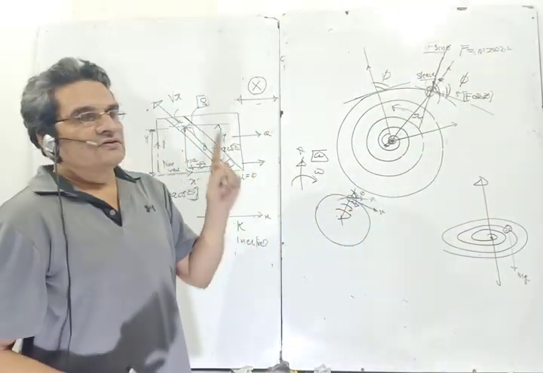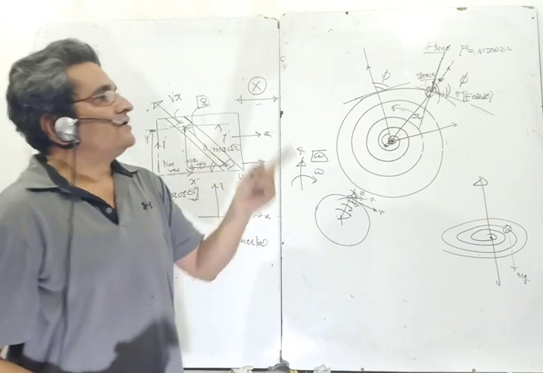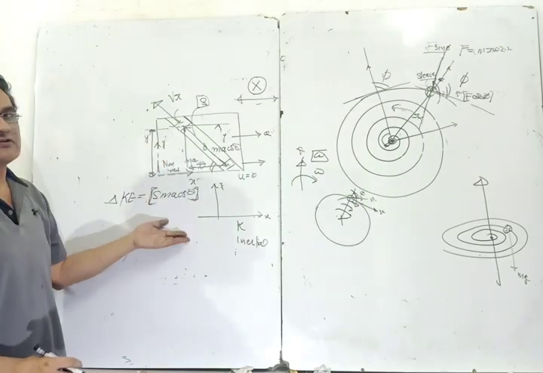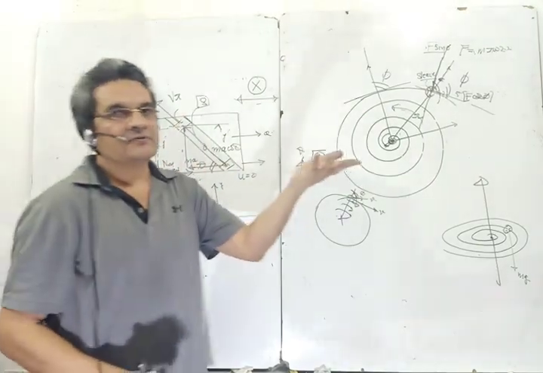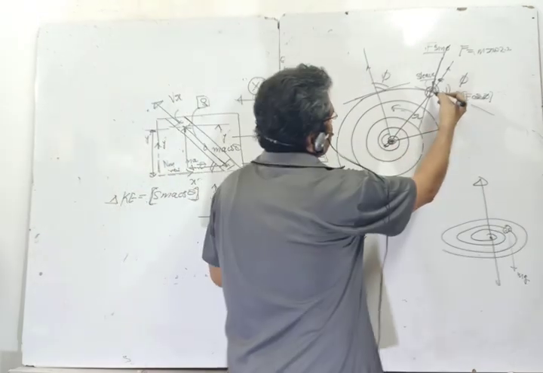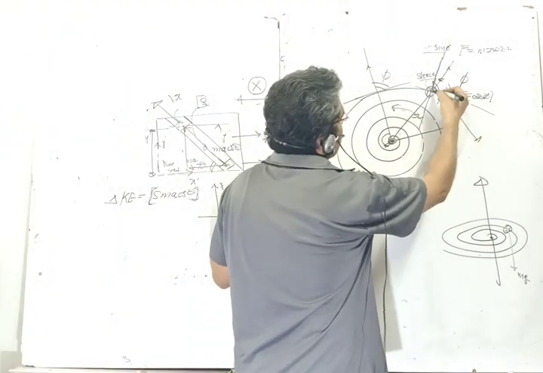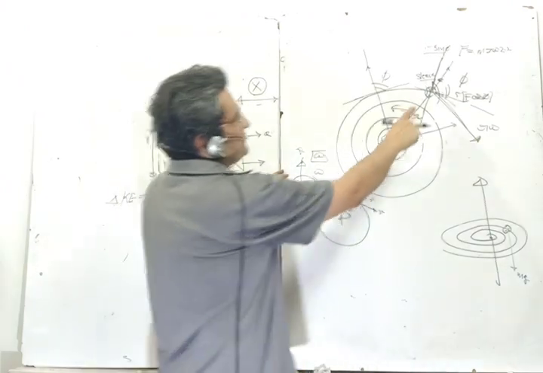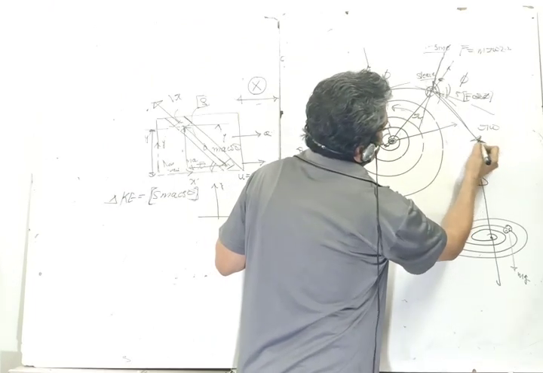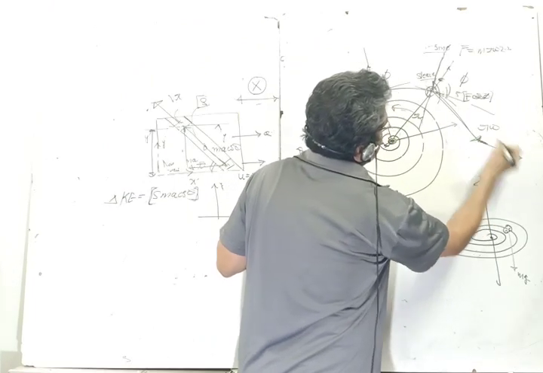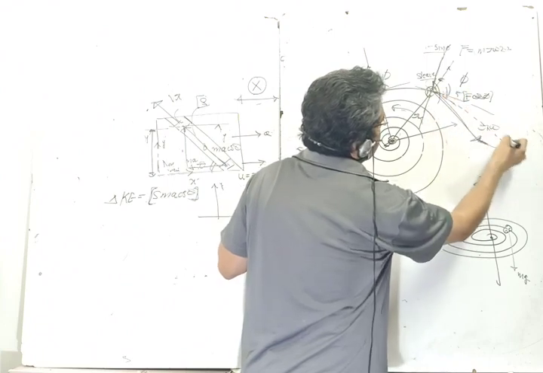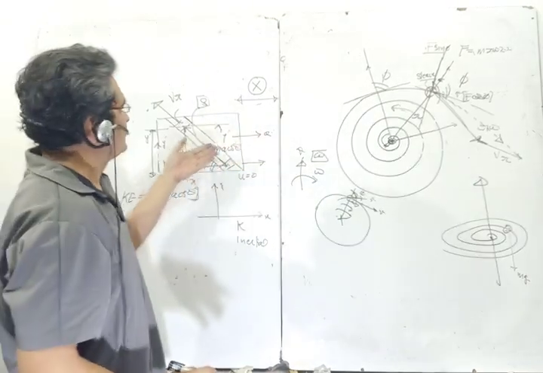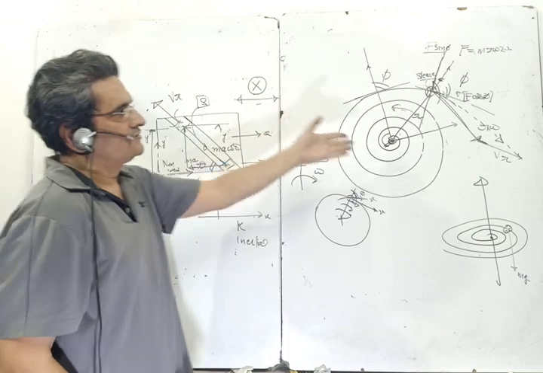If you are asked to find out only that much, what is the relative velocity of the sleeve with respect to the spiral? Easy. Here also, what is the relative velocity with respect to the plank? Easy. If you have to find the absolute velocity, just do the vector thing, because there is some velocity of this point in the absolute frame, which is r omega, and that velocity which is coming here is like this. This is the VR. So you will get the absolute velocity by vector method if that is asked. And if only relative velocity is asked, we are finding the relative velocity. Like here we have found the relative velocity, here also we will find the relative velocity.